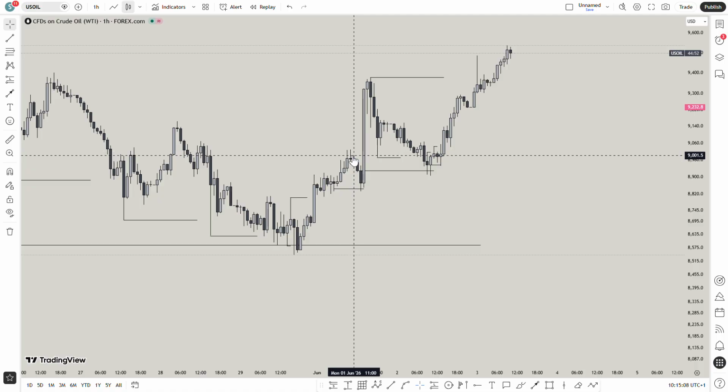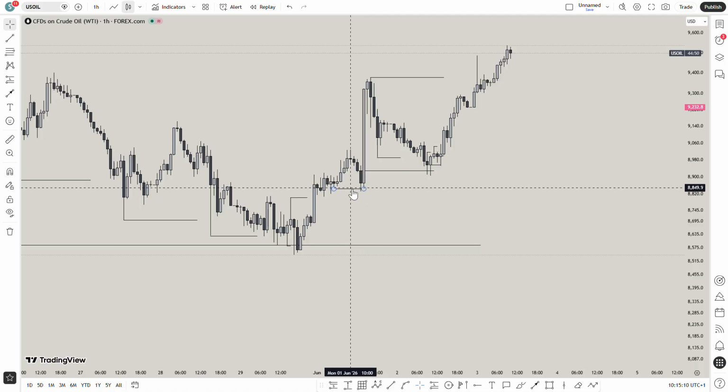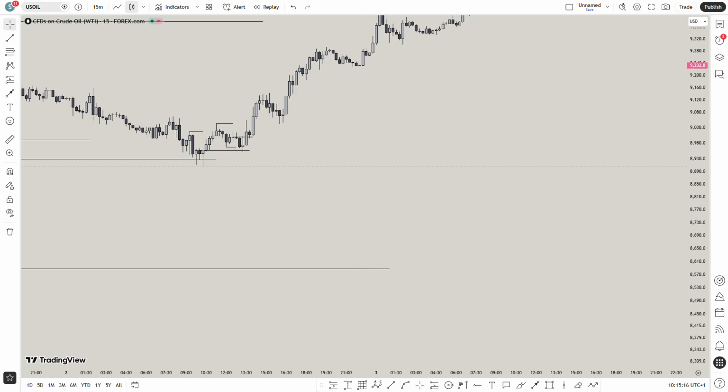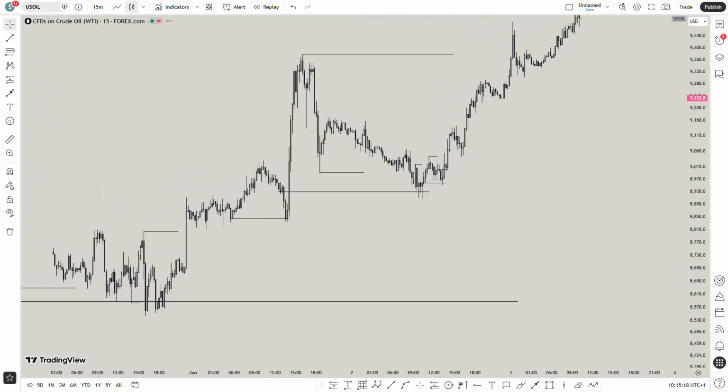Okay, price bought and then retraced and then tapped into the key level right here. So if we go to the 15 minutes time frame, we're able to see what key level price tapped into clearly. All right, so see price tapped into this 15 minutes reshape and then broke structure to the upside right here. So we now have a new trading range from